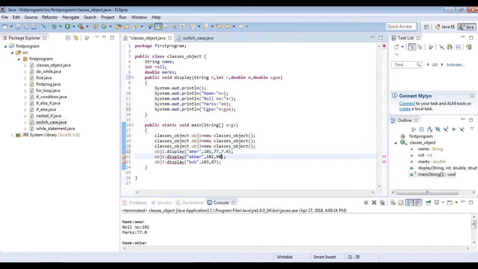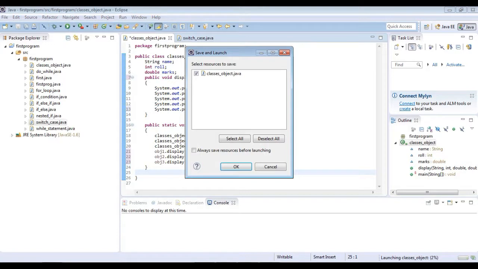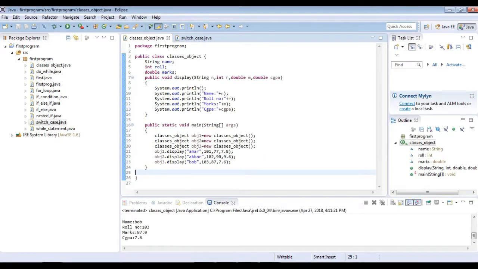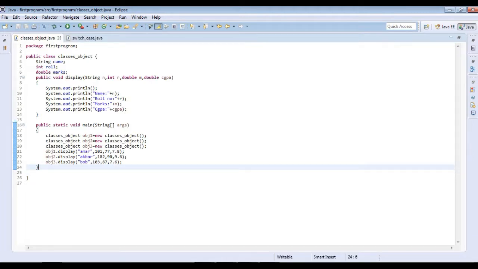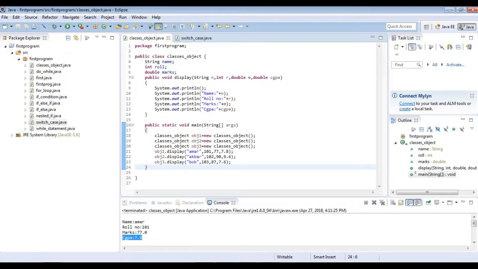In the calling, I have to change it. So I am giving a value of the CGPA, 7.8. And here I am giving 9.6. Now just run the program, and it will display the output. Every student has four parameters, name,